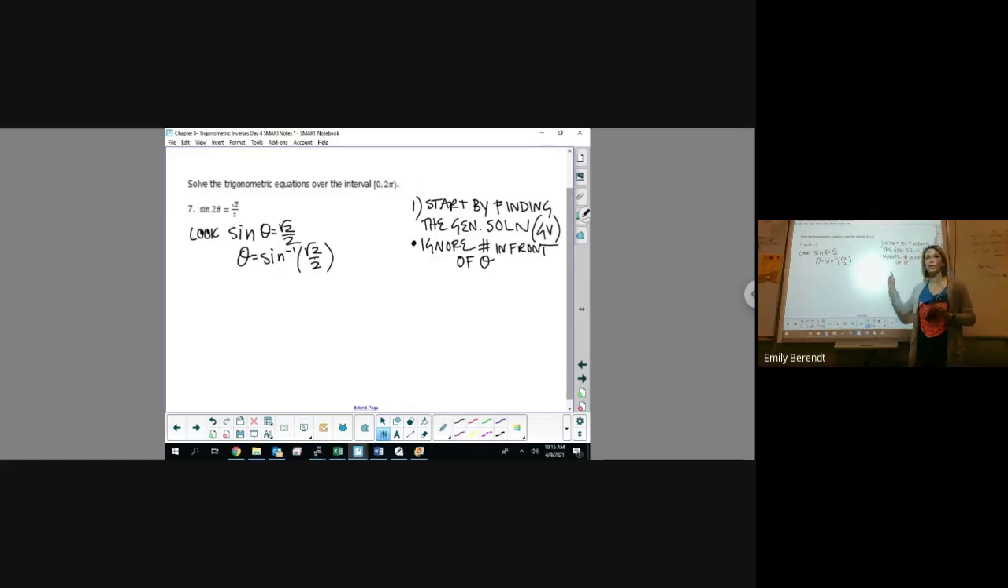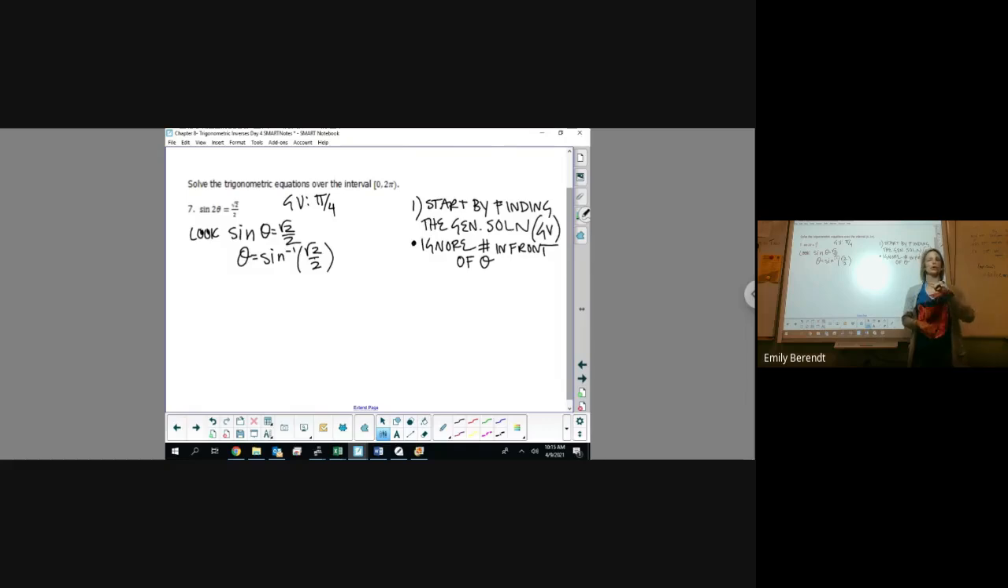So if we need the GV, we really need the PV. So your principal value is where your calculator searches. So a positive ratio has to come from quadrant 1. So we want the angle with the y value of root 2 over 2 from quadrant 1, pi over 4. So the first answer to the GV is the PV. So our general value is pi over 4